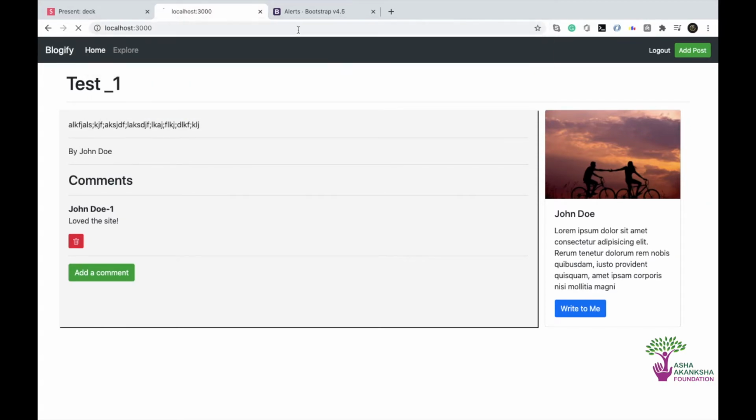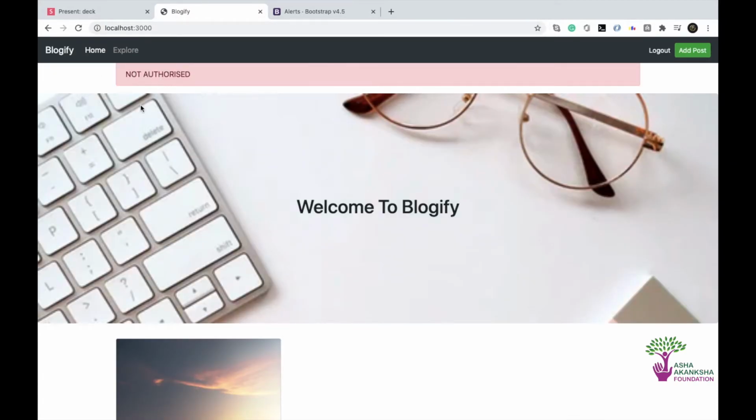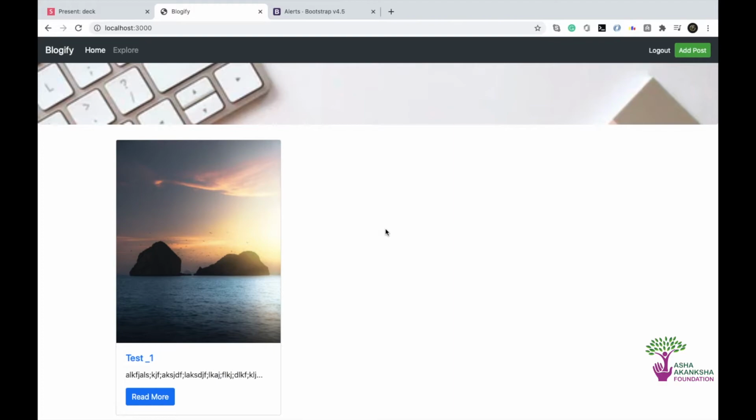And if I go to /edit, it says not authorized and it redirects me to the page that I was previously on, right? And the styling honestly could be a little better, but we don't actually want to display this on the home page. And the home page is the only place that this will not look good on, because we have done a separate kind of padding and we've added a jumbotron. So the thing is, we do not want to add it to the home page, and the only way we can do that is we do not redirect to the home page, which is anyway something that we should keep in mind,